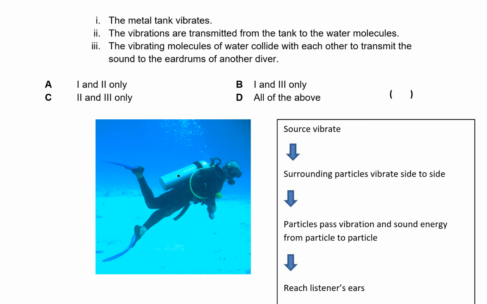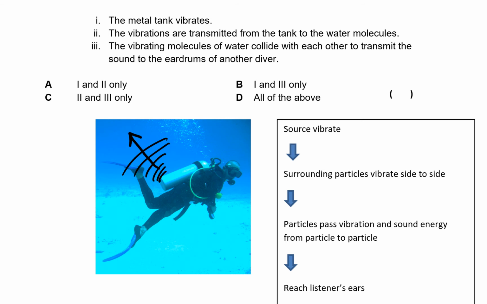So in this case, when you hit the metal tank, it vibrates. So the source will vibrate, and the vibration will then be passed to the water molecules. In this case, the medium is water. So the energy will then be transmitted outwards until it reaches the other